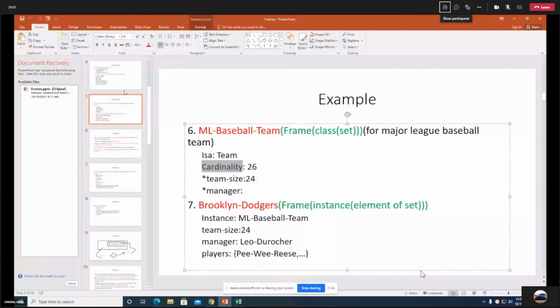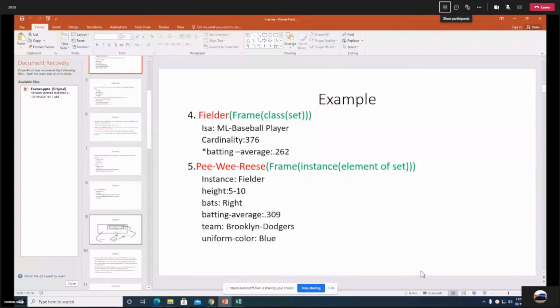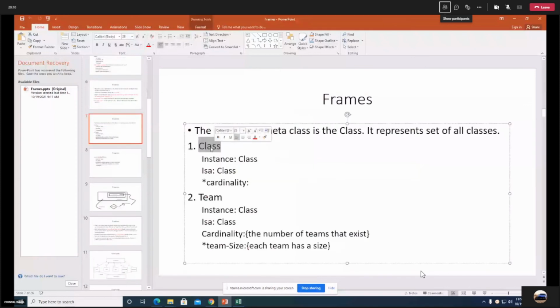So this is the meta class. Its members or elements are classes themselves. It has attributes. That is the one concept in play.